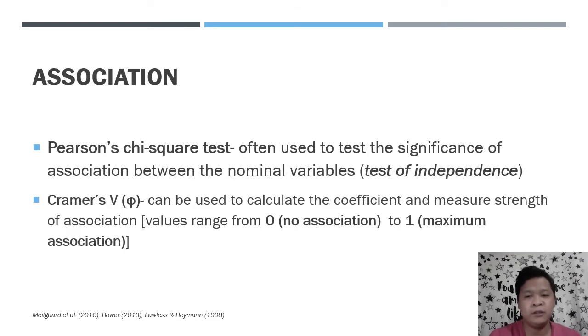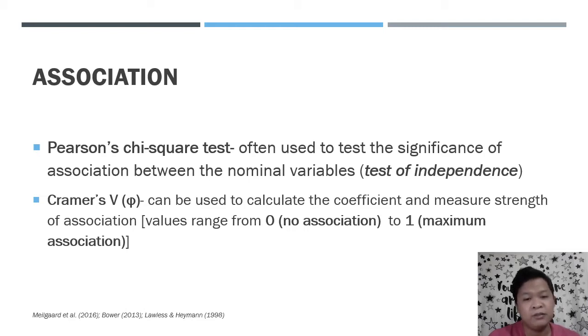So we can also use the Pearson's chi-square test as test for independence, which looks at whether there is independence between the two sets of data or there is an association. Cramer's V also uses